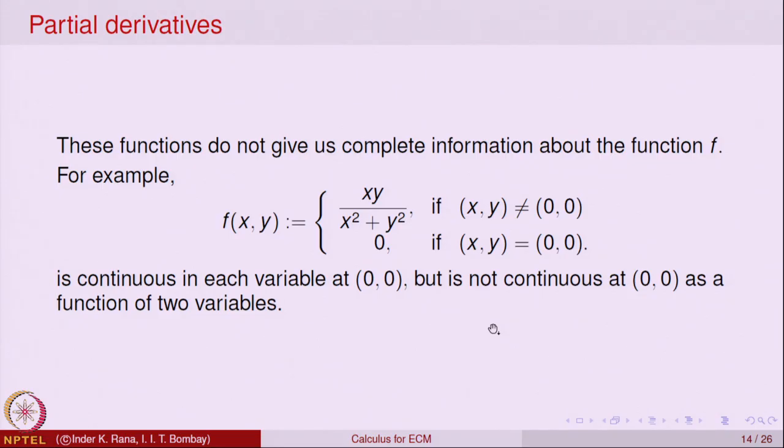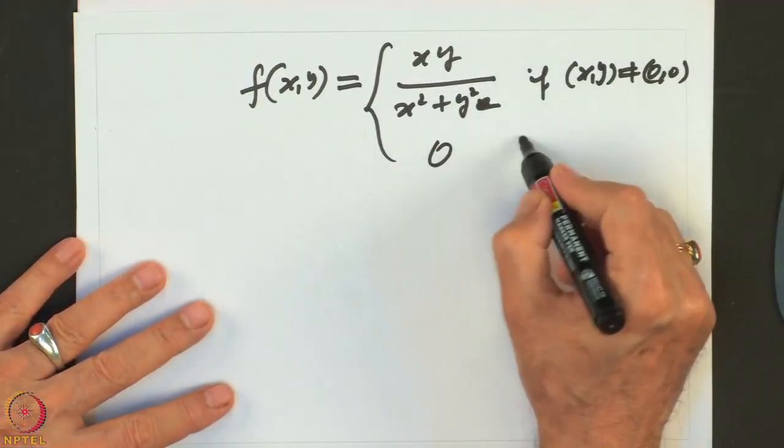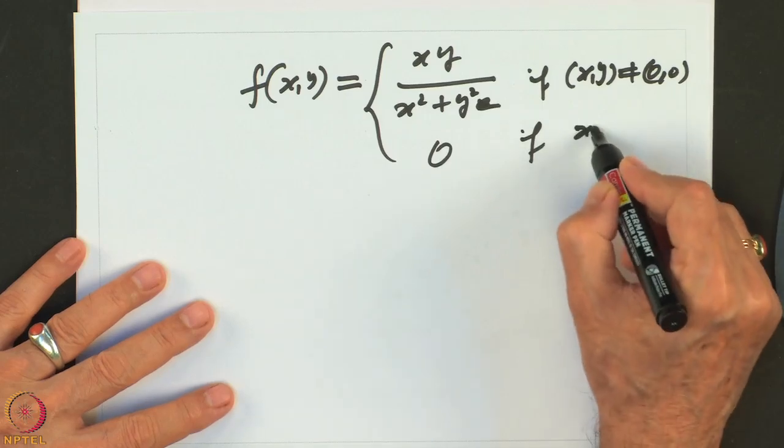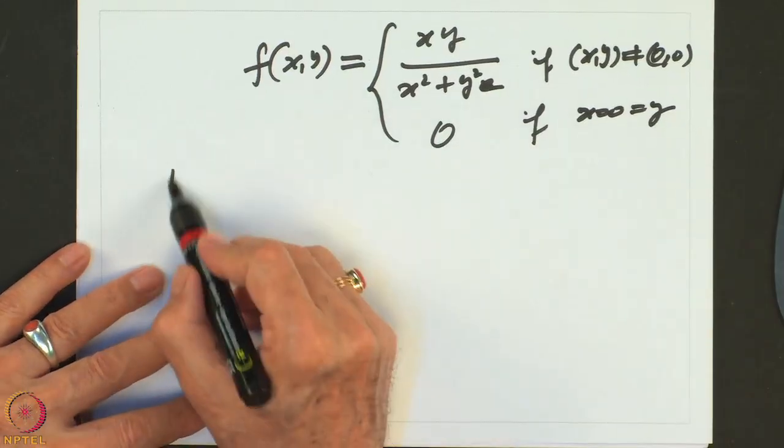So, f of x y is equal to x y divided by x square plus y square if (x, y) is not equal to (0, 0), and it is 0 if x is equal to 0 is equal to y. Right. Now, let us fix